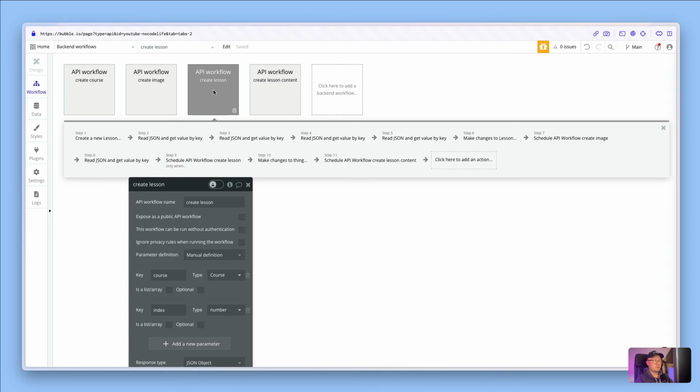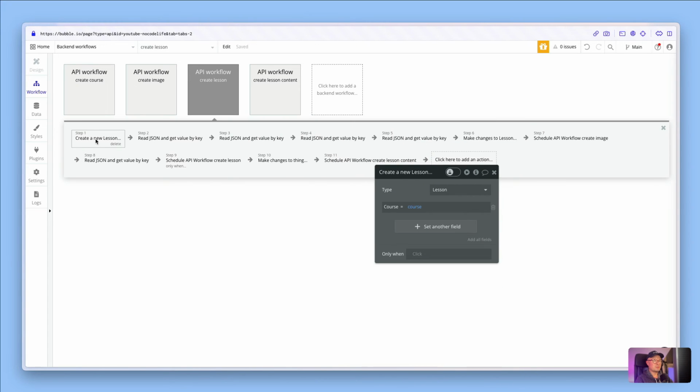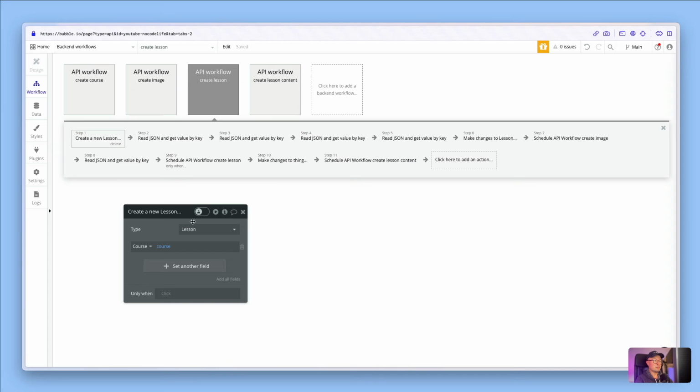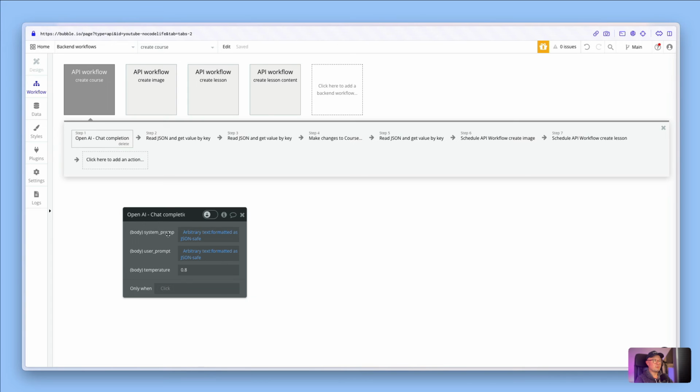So if we go to create lesson here, you can see we've got parameters course and then index, which is a number. So what it's going to do here, firstly, it's going to create a new lesson in the database, and it's going to set the course associated with that lesson to be the course that we've just sent through, the main course we are creating at this moment. Then it's got a load of these read JSON and get value by key actions. So in this case, the JSON it's referring to is course's raw JSON, which is exactly the same JSON value that we received back from this original API call,